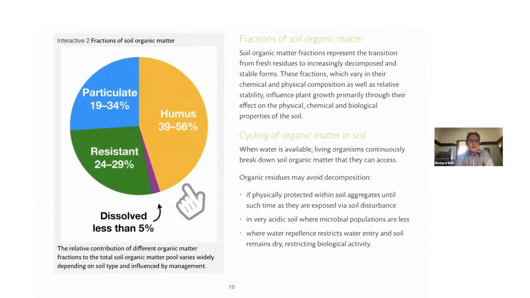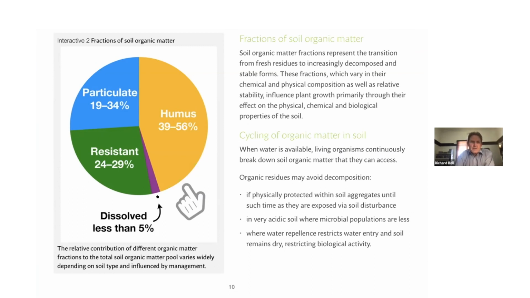The organic matter in the soil is actually a complex mix of different materials. So it's not a single material, and those different materials have different origins and different composition. A portion of the organic matter in the soil is what we call dissolved organic carbon. While it's only a small proportion of the overall soil carbon, it's quite an important pool for biological activity, microbial activity. This is the carbon that often is driving a lot of the activity of bacteria and fungi in soils.